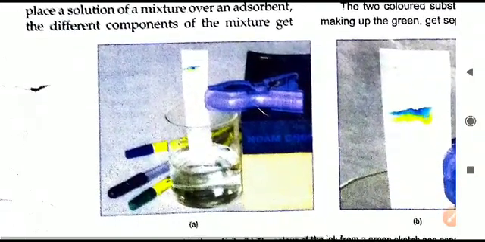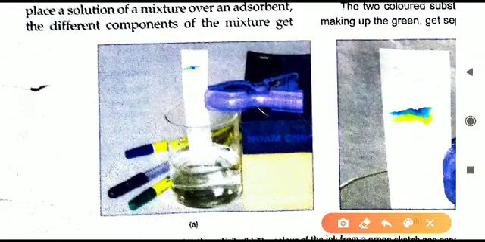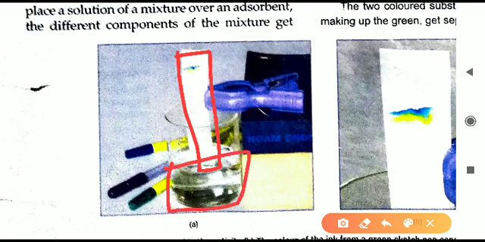We are separating in this activity the separate pigments of the ink. Ink के अंदर अलग-अलग pigments होते हैं, and we are separating them. So here we have taken a paper. What is this? Chromatographic paper. And we have taken the mixture in the jar, in the beaker. This paper is dipped in the mixture, and what will happen now?